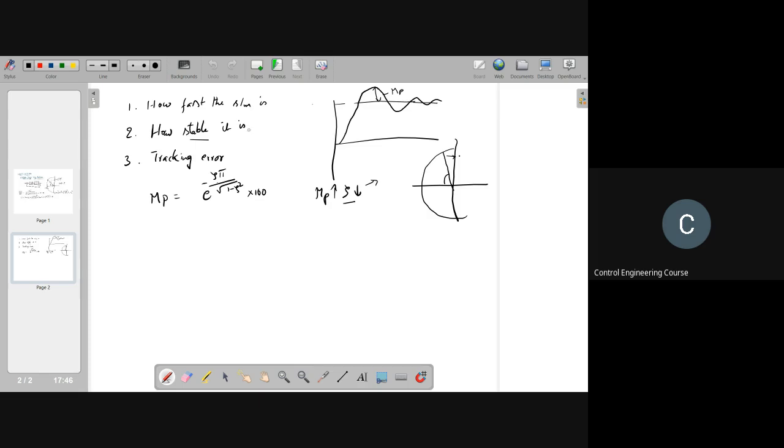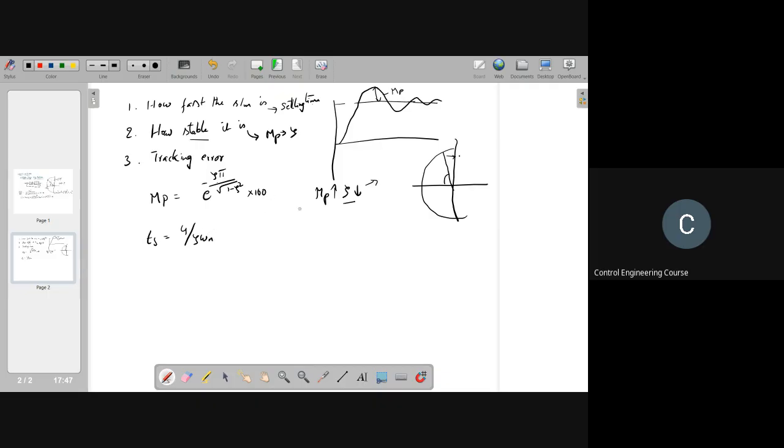So the stability is captured by peak overshoot MP, that is zeta, because it is related to zeta. Then the next is how fast the system is. This can be captured by settling time. What is the definition of settling time? Ts is the time taken for the system response to reach within a certain tolerance, right? For 2% tolerance, it is 4 by zeta omega n.